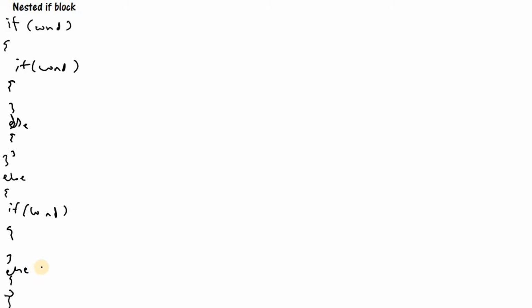We know that with if block and else block, only one block is executed. If the condition is true, the if block executes. If the condition is false, the else block executes. So first, execution starts here. It will check the outer condition. If the outer condition is true, the control moves inside the if. It will check the inner condition. Whenever the outer condition is true, the complete outer else block is terminated. Completely this block will be omitted.